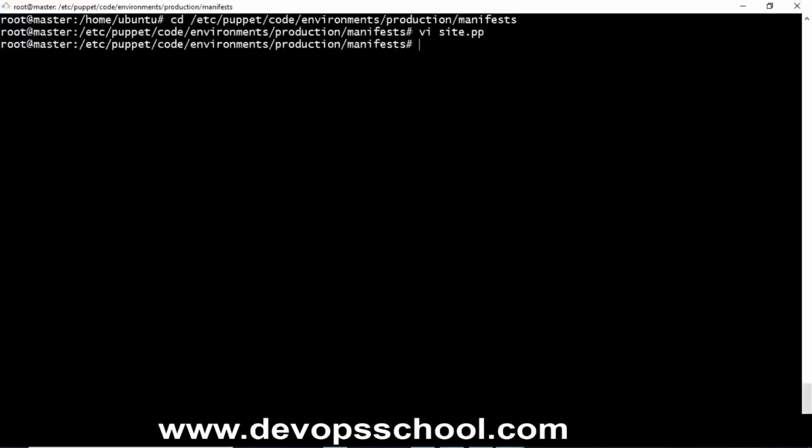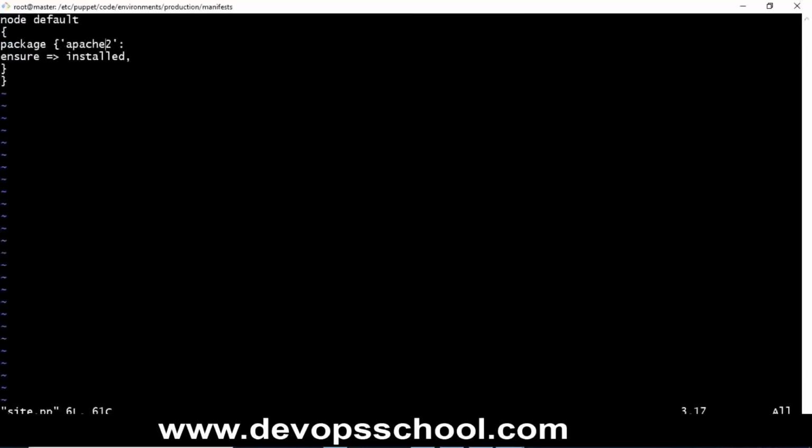Okay. And so this is the file which I have created. This file has information which says package Apache 2 ensure install, means it should get installed. And this is on the master server. So if I save this,